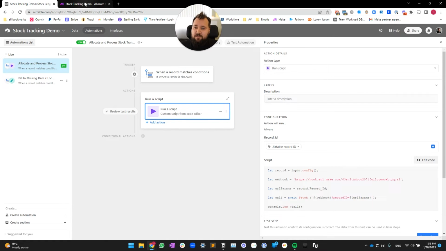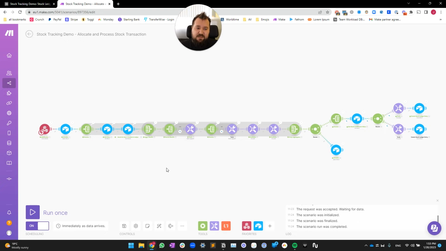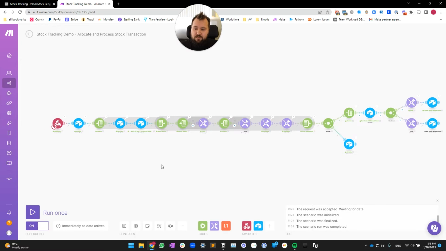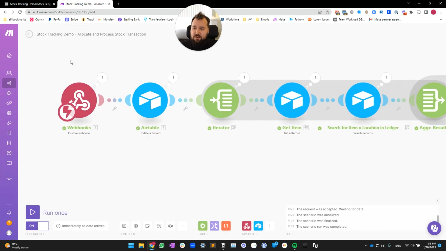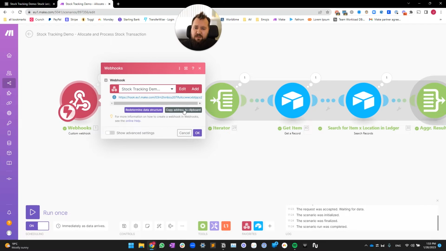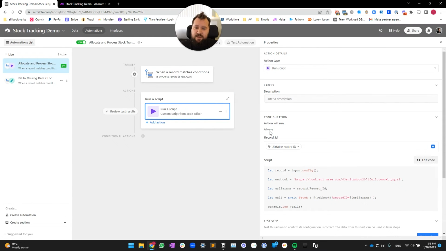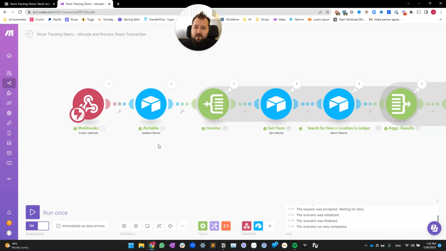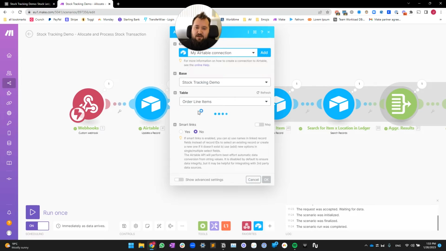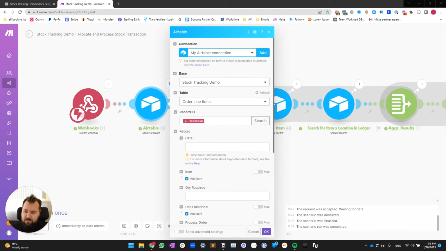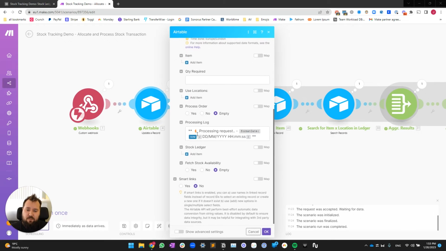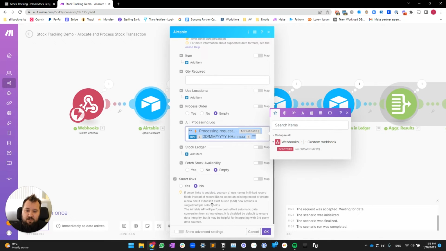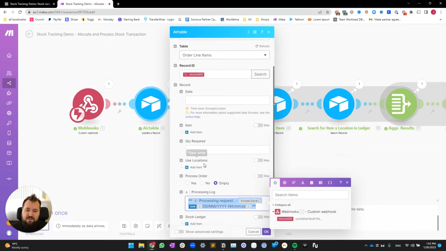Let's take a look at what's happening in Make. So this is the automation that runs in Make. Starts with a webhook. We need to copy obviously that address and paste it into our script over here. Once that happens, we are taking and updating that order line item with a processing log value, basically letting the user know that we've started working